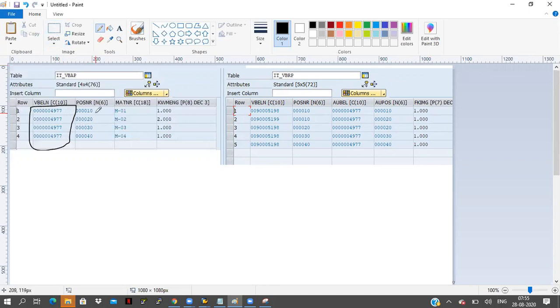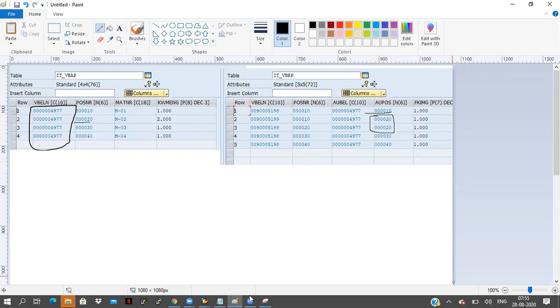Here, for 4977 item number 10, only one record is generated. But for 4977 item number 20, it is coming 2 times. Means for a single item they are generating 2 times: delivering 2 times and billing 2 times. The 30 party is there, single time only, but for item 20 they are doing the billing 2 times.